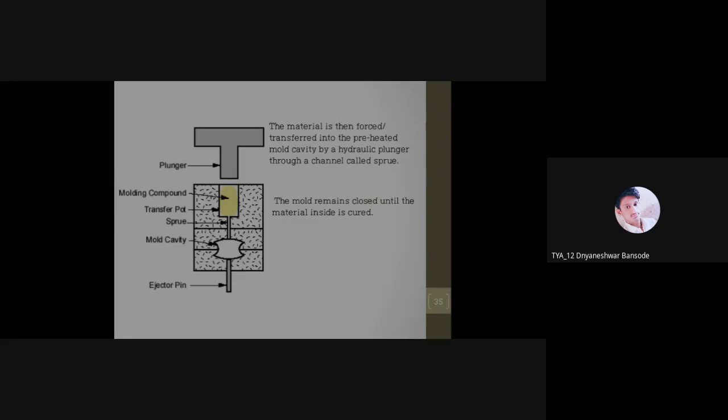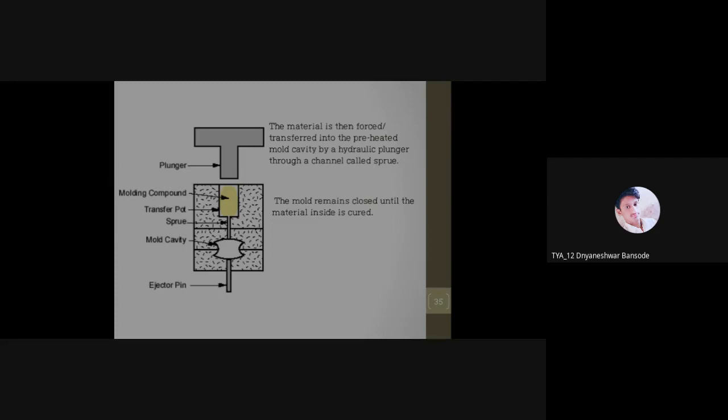So pressure sensors can be kept over this surface, so that they sense the pressure exactly, and as per the range of pressure you can adjust the movement of the plunger.